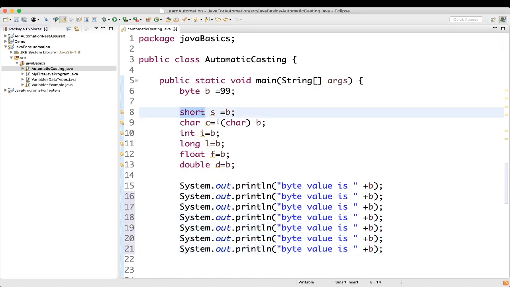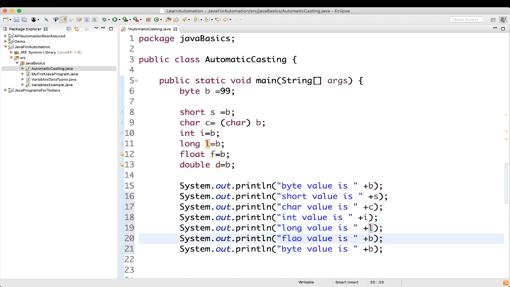Here we have short value is s, then we have char value is c, then we have int value is i, then we have long value, we have taken the variable as l, then we have float as f, and we have double, we have given as d. Let's execute it.